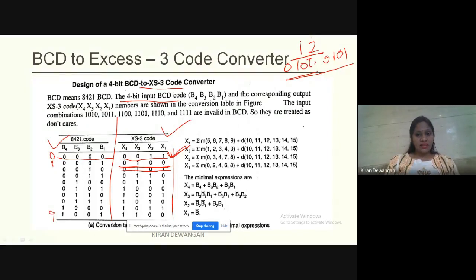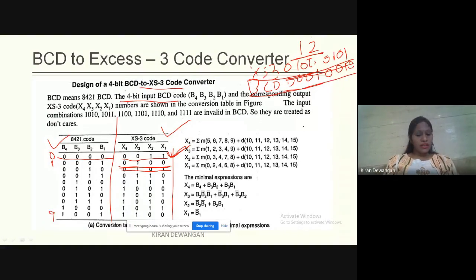Is this clear? That is how I explained for BCD also. BCD में हमें लिखना है तो that is very simple. 0 0 0 1. This is the code for 1. And 2 is 0 0 1 0. This is the code for 2. So this is written in BCD and this is written in XS3. So that is the difference. XS3 code and BCD code.